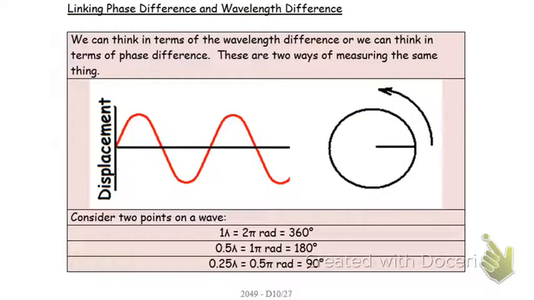So this is a little thing to remind you that one wavelength is like 2 pi radians, which is like 360 degrees. There's one wavelength. To go from there, I go to the top, and then I go back, and then I go to the bottom, and then I come back. So that's 2 pi. So that is 2 pi rad. And you could also say that that is 360 degrees. Just to remind you of those three ways of talking about the same thing.